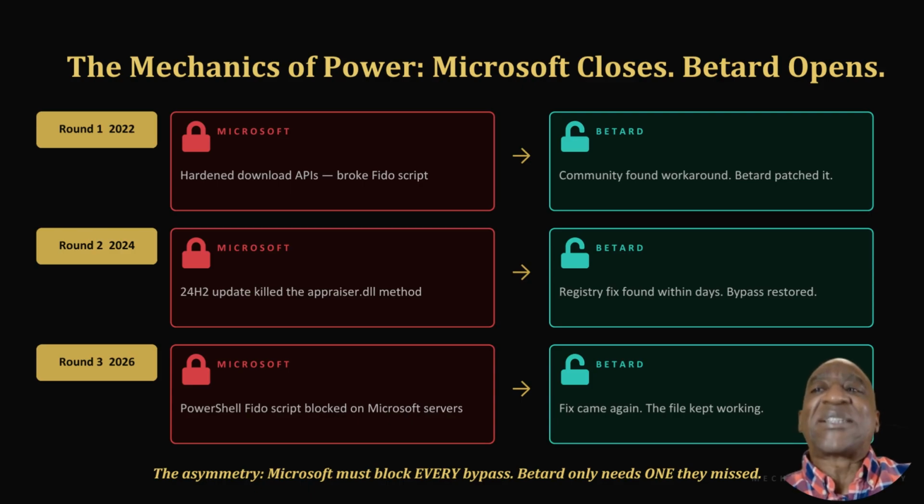Microsoft must stop every bypass. Rufus only needs one successful workaround, and that is asymmetry. So what you're seeing is a battle between Rufus and Pete Batard, which is one person, and Microsoft, a corporate tech juggernaut, where they're trying to stop him from bypassing these patches that they're putting in to force people to have to buy new hardware, right? So it's really Pete Batard and Rufus, the unsung heroes, representing the least among us right now. So it's quite interesting.